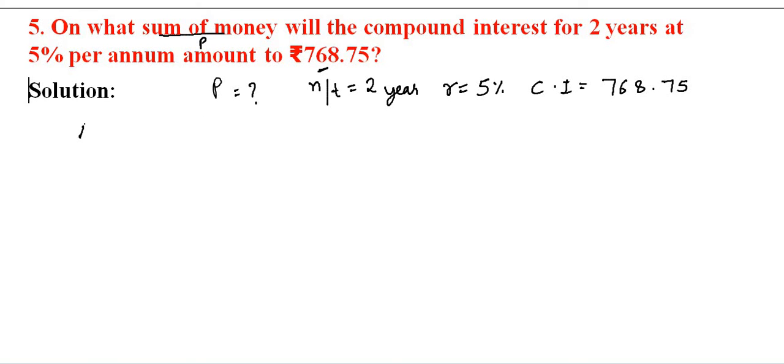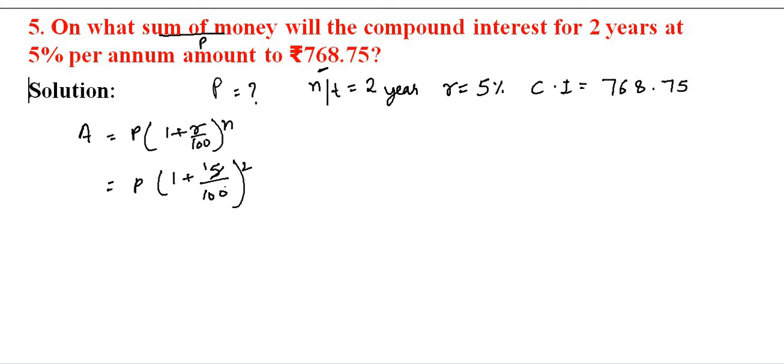First of all, we will apply the formula of amount. Amount is equal to principal into 1 plus R upon 100 to the power n. So principal is not given, we will write it as P. 1 plus R is given as 5 and downside 100, and n is given 2. 5 ones are 5, 5 twos are 10. So it will be P, take the LCM 20. Here 20 plus 1, square. So it will be P, and here 21 upon 20 whole square. So A is not given, so here we will put this as A only.